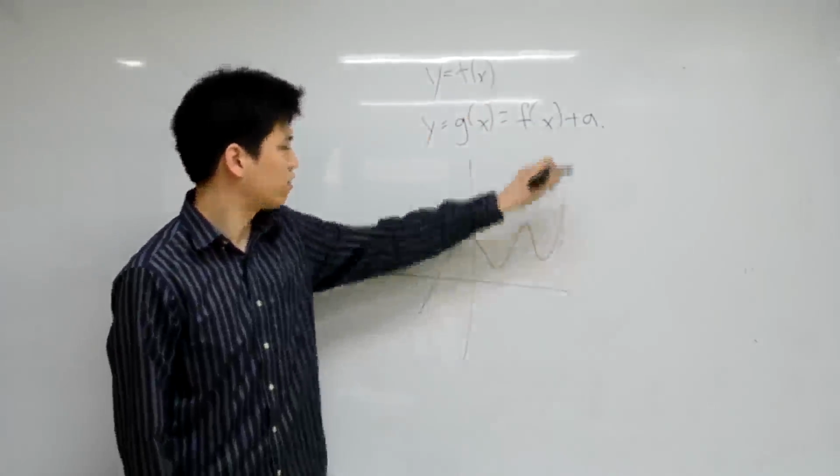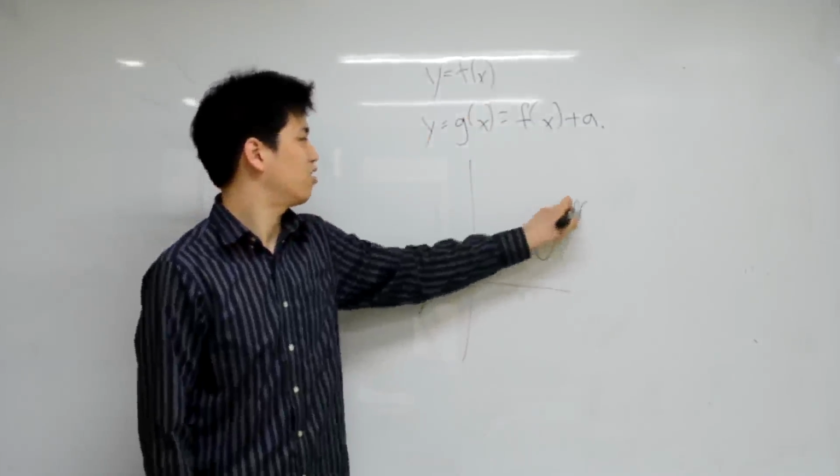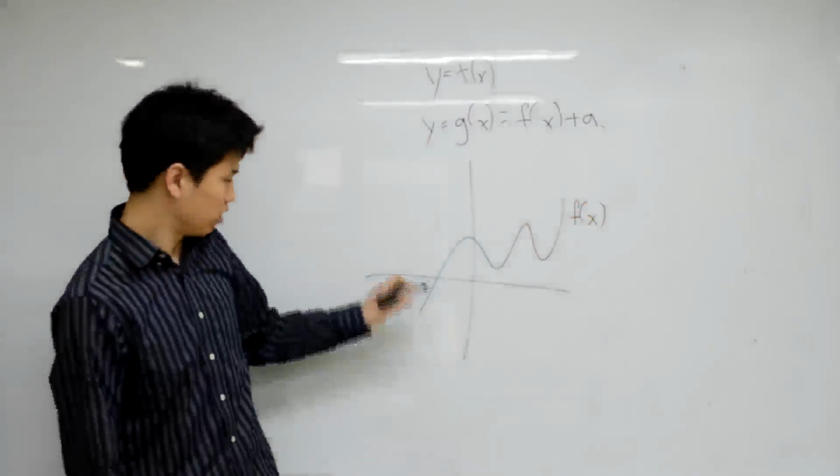So for example, if this is the graph for f of x, what will the graph of g of x look like? It will look like the same thing, just